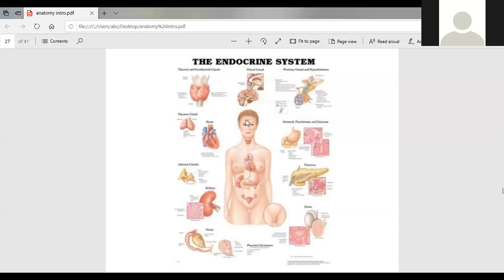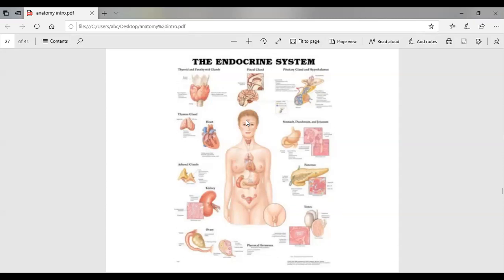Okay. Gland, what is a gland? It is an organ which stores hormones inside it, and whenever the need for a hormone arises, it sends it into the blood system. Okay, so the familiar gland you might have heard of is the thyroid gland. Maybe you have heard this lady has a thyroid problem, this person has hyperthyroidism, this person has low thyroid, this person has high thyroid. So what is thyroid? Thyroid is a gland which is present in our neck and it produces hormones. Similarly there are many hormone producing glands, and glands are organs which produce hormones.